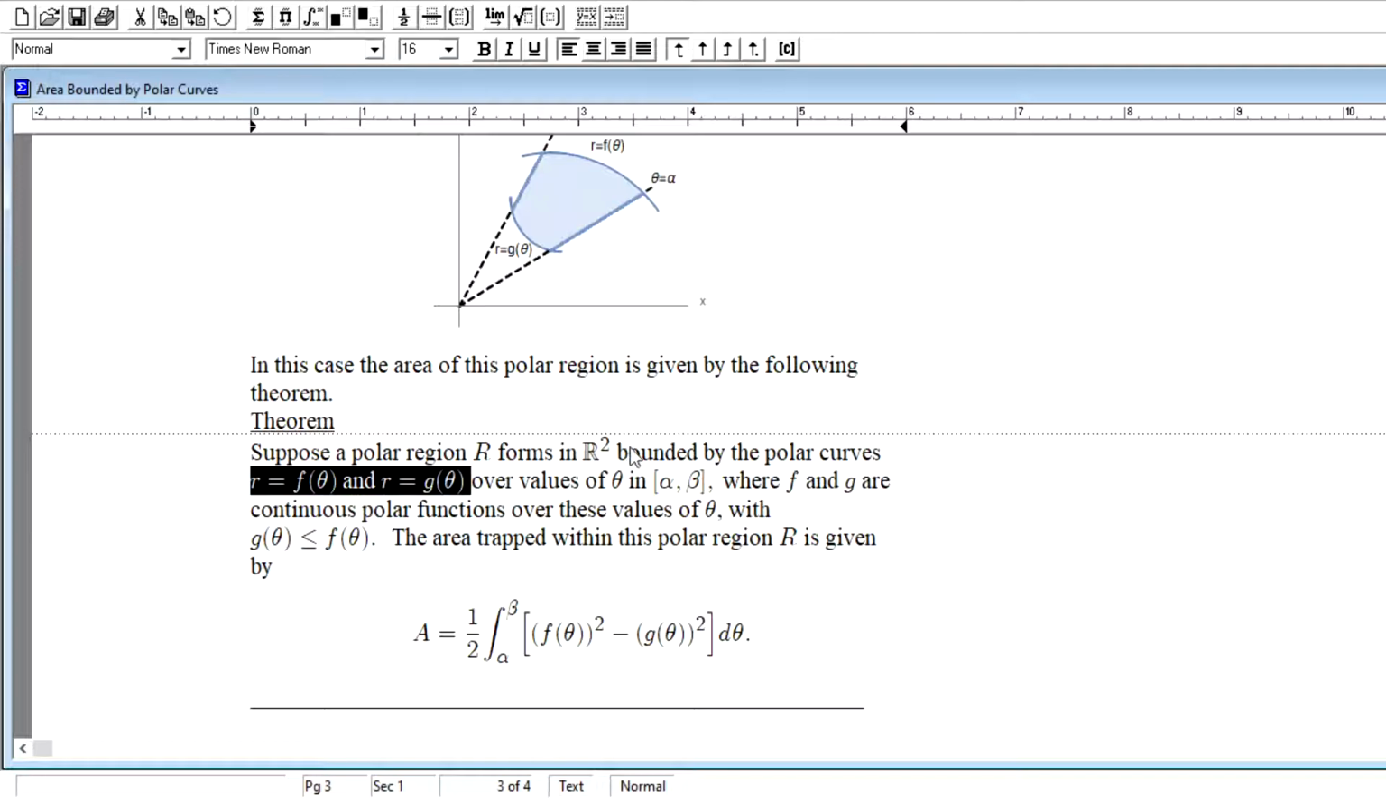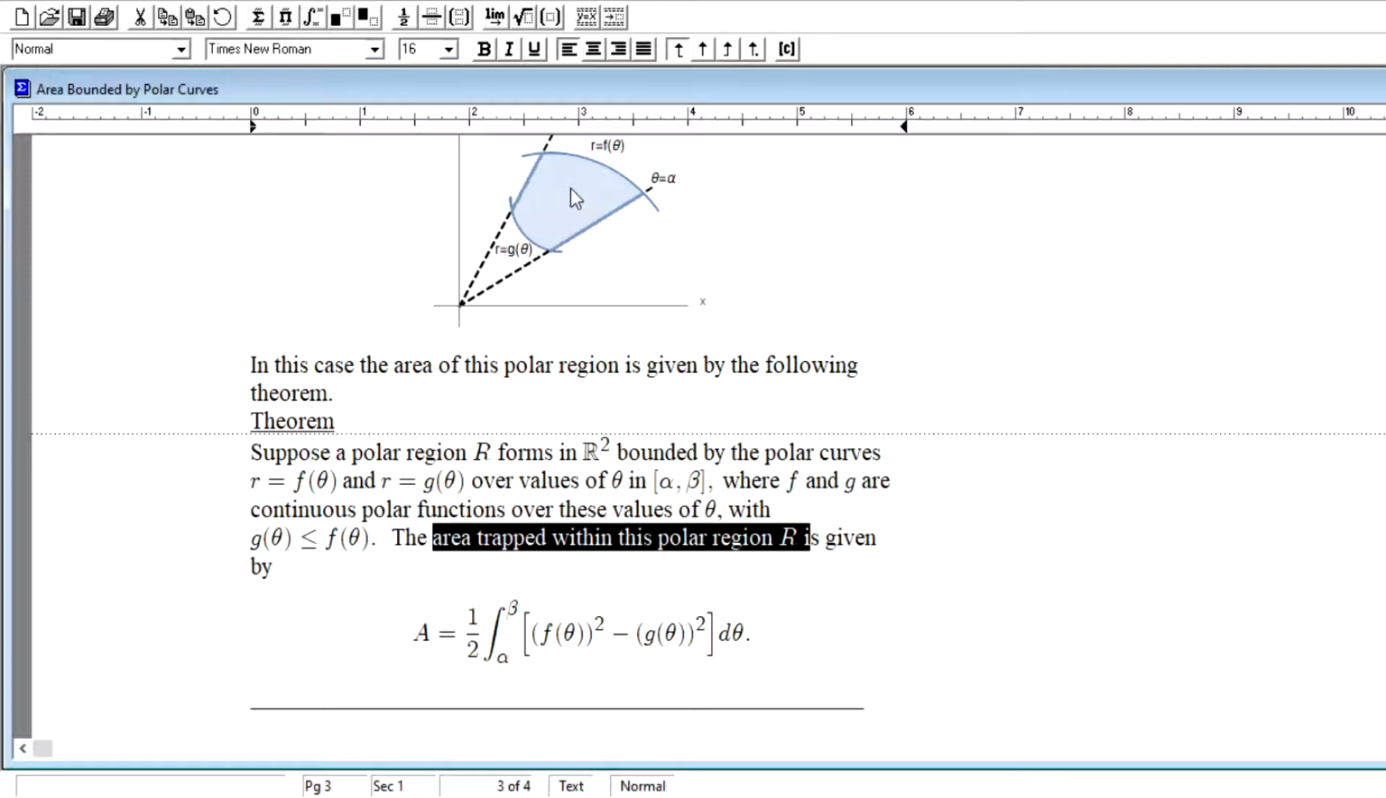equal to g of theta over values of theta from alpha to beta, where f and g are continuous polar functions, there's no holes or gaps in these, over these values of theta, with g of theta being closer to the origin than that of f of theta. The area trapped within this region R, the region we have illustrated above here, is just going to be,